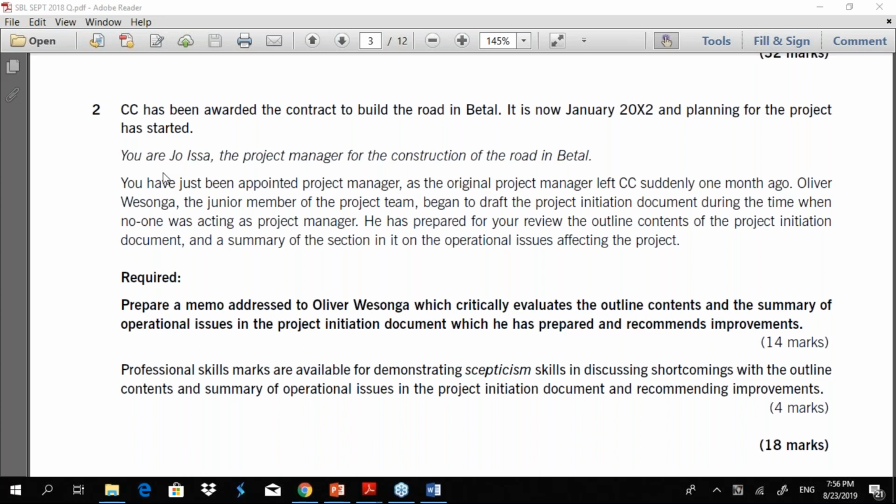So when you're a project manager, you are expected to know a lot of things, and you are in the capacity of advising your junior now. So that is where this critical analysis becomes more important. So I hope all of you figured out now what it is all about.